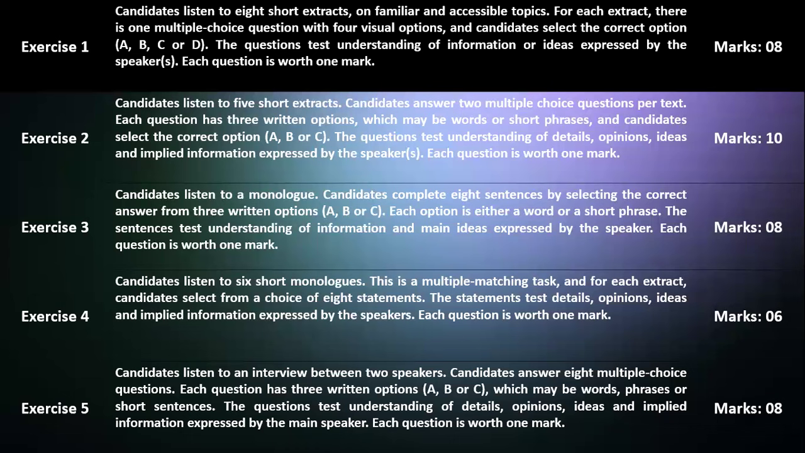In simple words, you will be asked to hear a monologue, and there would be 6 to 8 statements written on your exam paper. What you simply have to do is point out which speaker has said what. The last exercise of your listening paper is exercise number 5, where you are going to